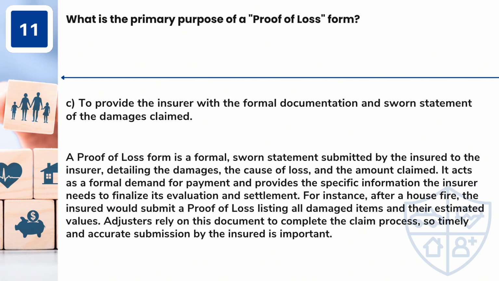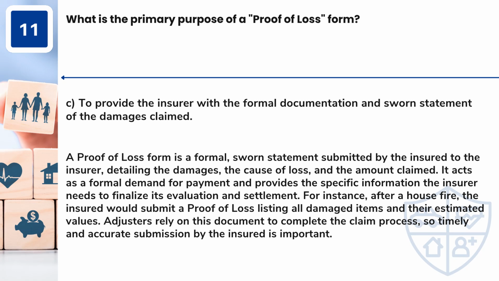Answer: C. To provide the insurer with the formal documentation and sworn statement of the damages claimed. Explanation: a proof of loss form is a formal, sworn statement submitted by the insured to the insurer, detailing the damages, the cause of loss, and the amount claimed. It acts as a formal demand for payment and provides the specific information the insurer needs to finalize its evaluation